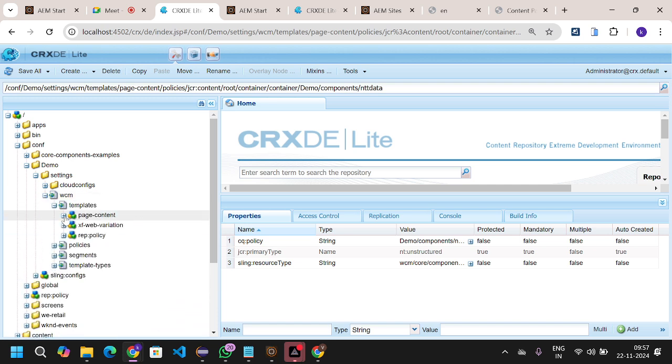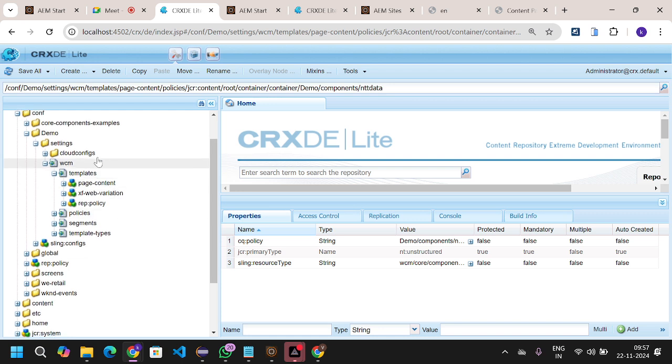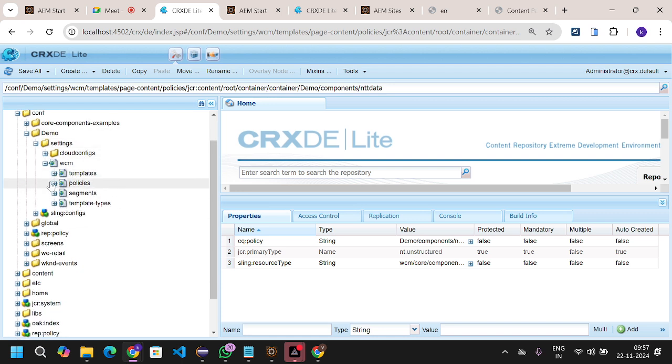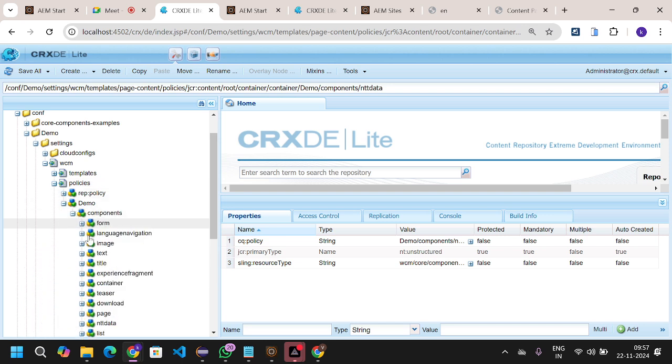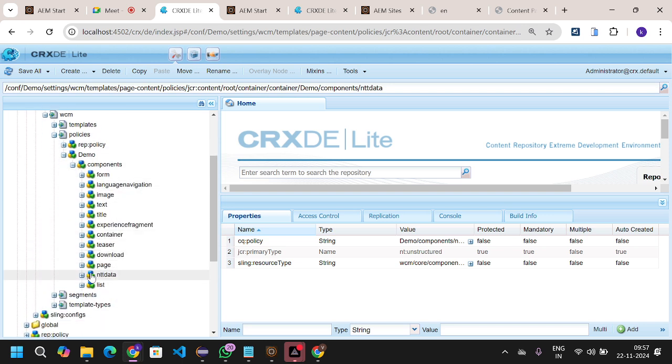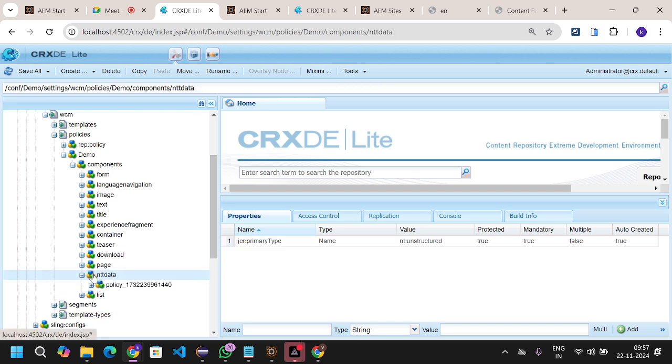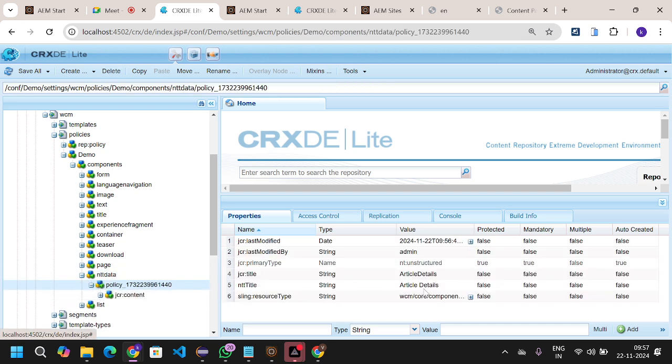Under the settings, we have the policies. This is the option, policies. CQ design dialog data will be stored in the policies, and go to demo, next, components, and here you can look for the entity data. Click on that. You can see here